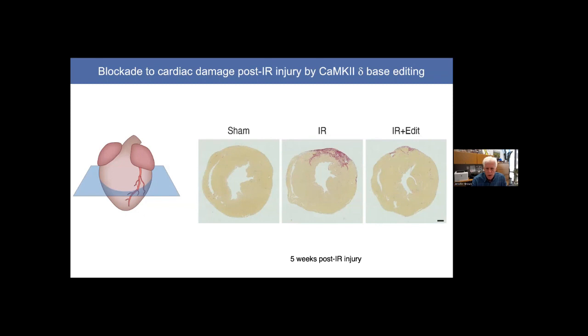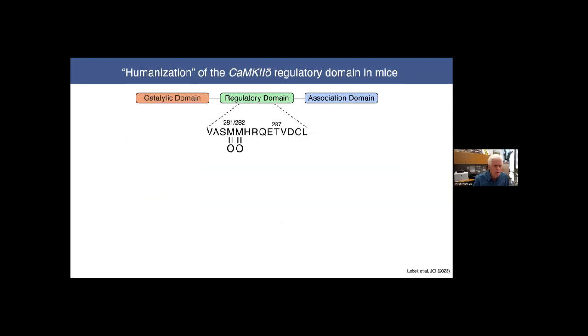So we also saw, and I won't go into all the data since some of it's published, that there was a transient decline in cardiac function within 24 hours following ischemia reperfusion, and the edited mice then gradually over the ensuing 2 weeks returned to the level of fractional shortening that I showed you in the previous echocardiogram. So to summarize this work, which was very recently published, we wanted to extend this work